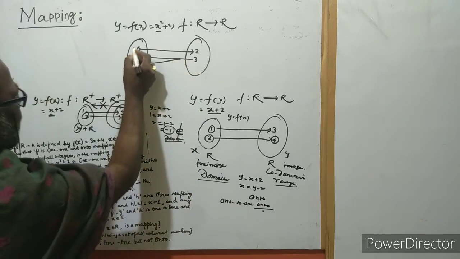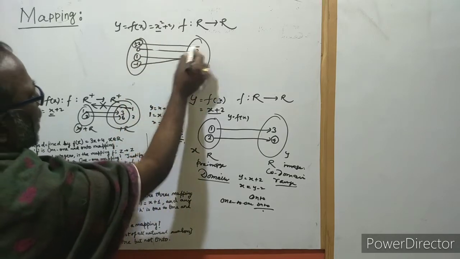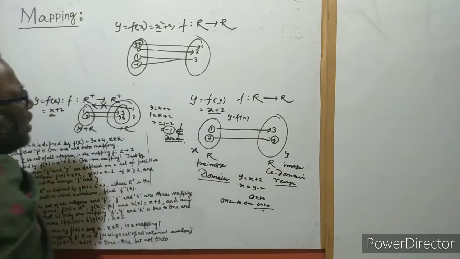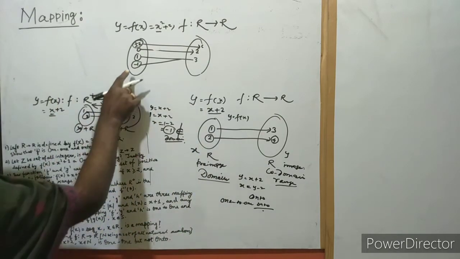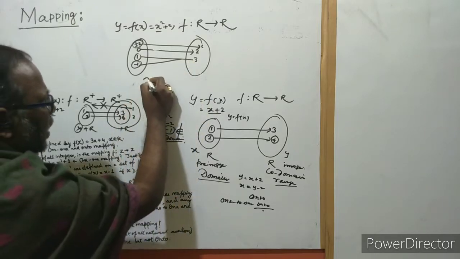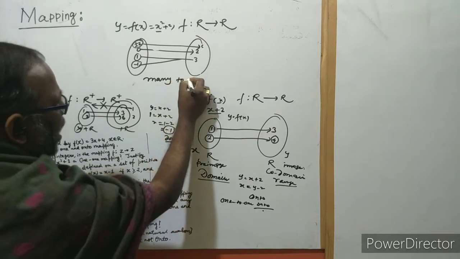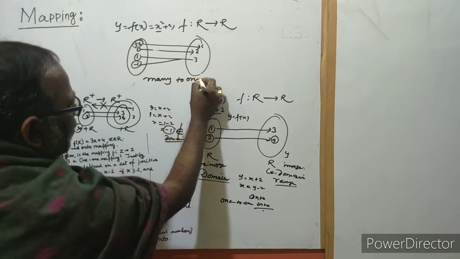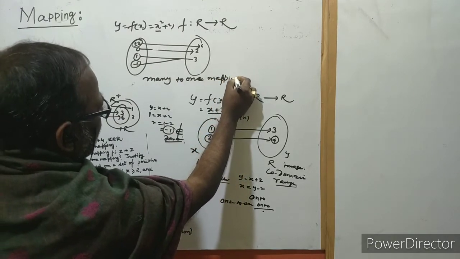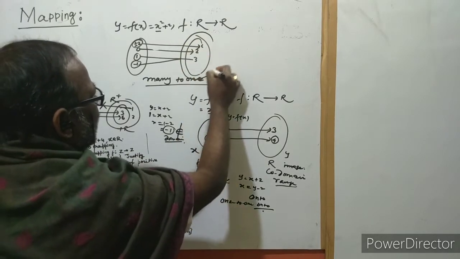See, same as plus minus 2. These are 2 values. Then we get here what? 4, 6. Okay. So, for 2 values like minus 1 and 1, we get a single value. That's why it's called many to one mapping. Okay, this is many to one mapping, and this is into mapping.